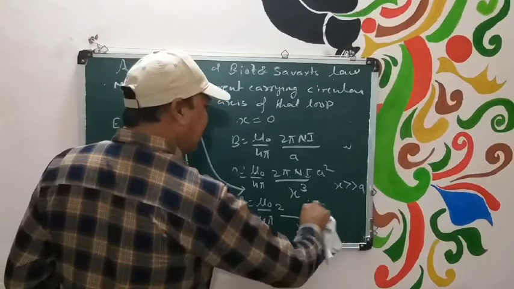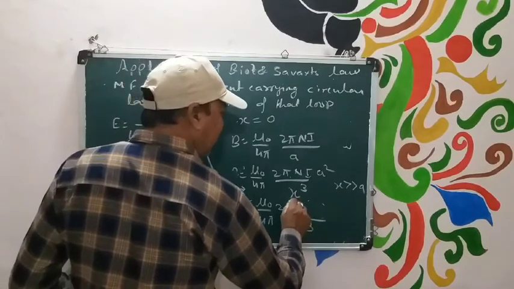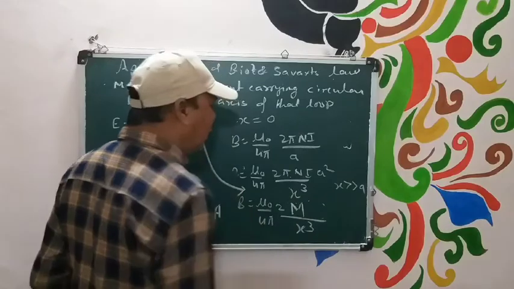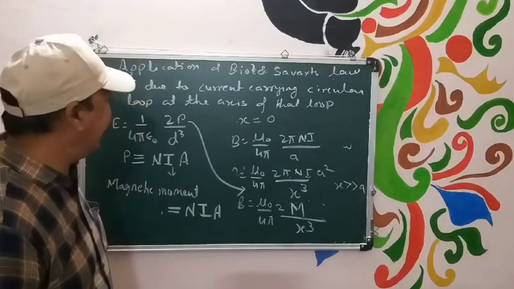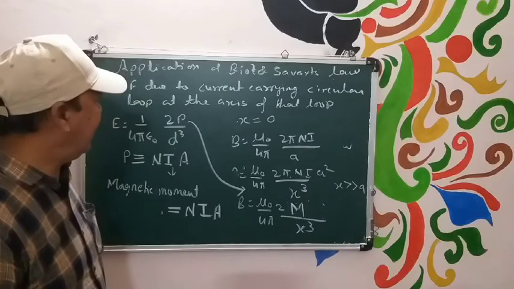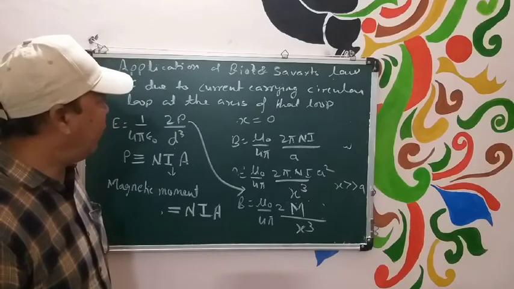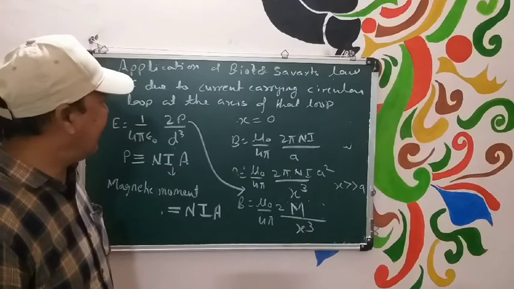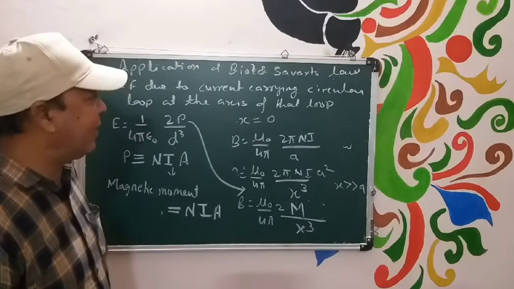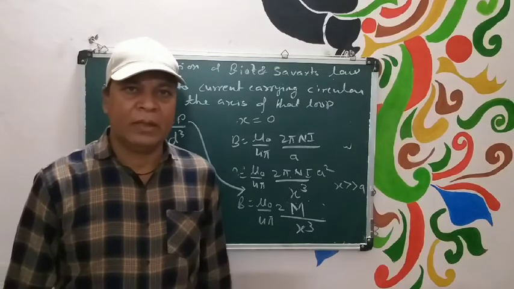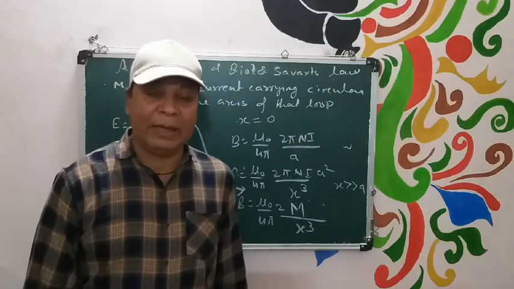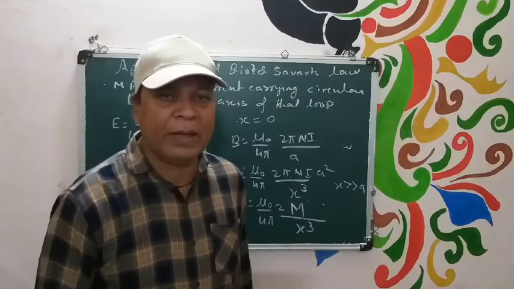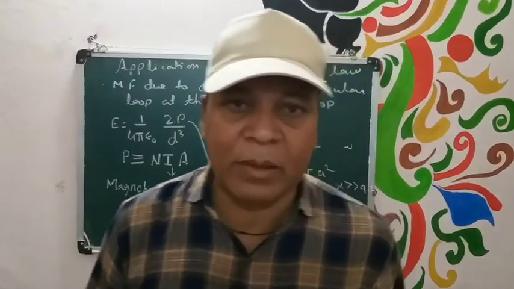So it is represented by M. So same formula we may write. B is equal to mu naught upon 4 pi 2M by x cube. Is that clear? This is magnetic field due to current carrying circular loop at the axis. ठीक है ना, क्लियर हुआ। तो ये हमारा सेकेंड एप्लीकेशन है। एक और एप्लीकेशन हम लोग पढ़ेंगे नेक्स्ट लेक्चर में। ओके, थैंक यू।